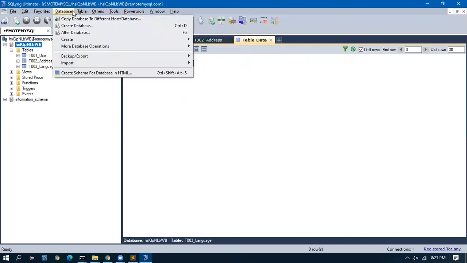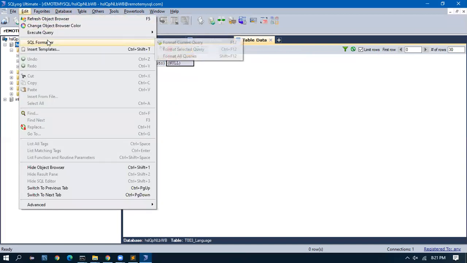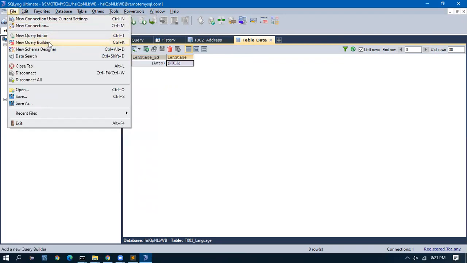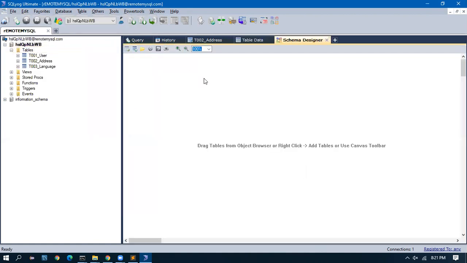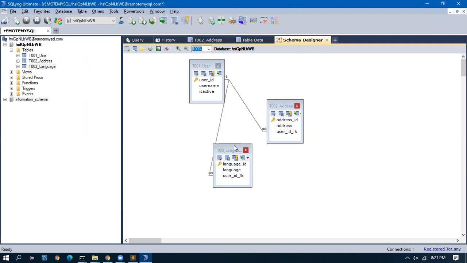One second. New query, schema designer. Yes, we have a schema designer where you can drag and drop these tables, and MySQL will show them with the relationship.